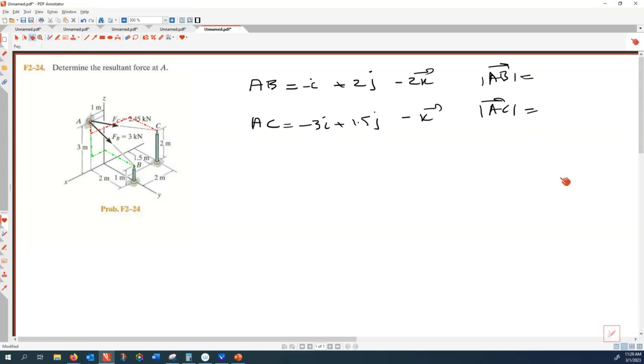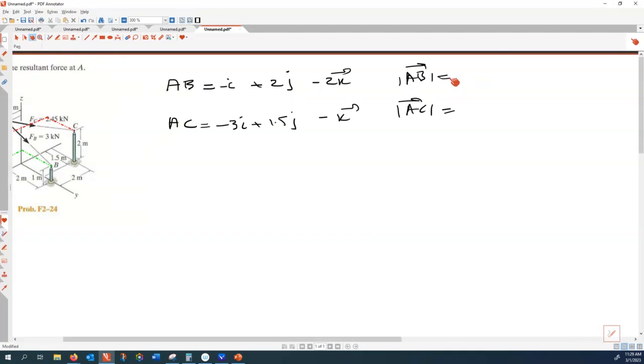Could someone with a calculator help me? That is 144. This is 3, right? Yeah. And what about this one? That is 632. 36, 4, 4, and that's root 13. What is that? 3.5. Yes. Okay. So therefore, the unit vector of AB, which is the unit vector of FB,